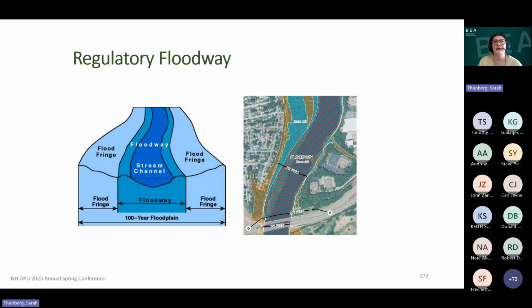Typically, in New Hampshire, our floodplain regulations are minimum regulations, but communities may elect to have higher than the minimum floodplain regulations. And there are many communities in New Hampshire that just prohibit development in the floodway 100%. Even if you could come up with a study to show that it's not going to have any effect on the base floodwater elevation, those communities deem it too risky.